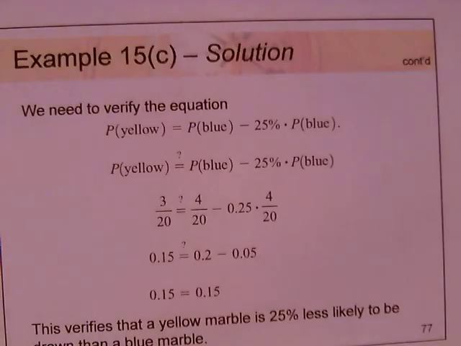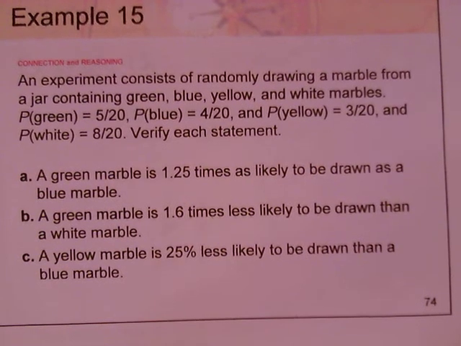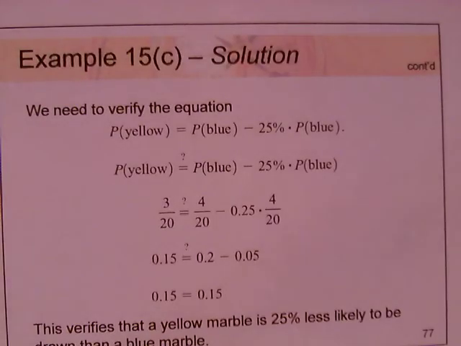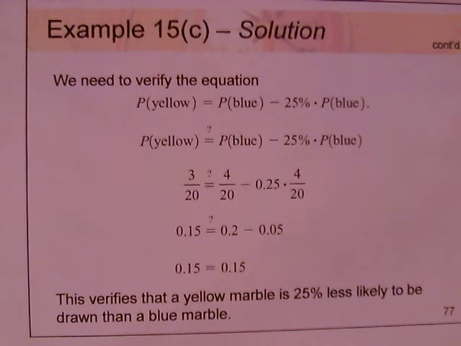Okay, and part C is this. A yellow marble is 25% less likely to be drawn than a blue marble. So here's how they work that out. The probability of yellow is going to be equal to the probability of getting a blue minus 25% times the probability of getting a blue marble. The probability of a yellow marble will be 3 out of 20. That should be equal to the probability of a blue marble, that's 4 out of 20, minus 0.25 from 25%